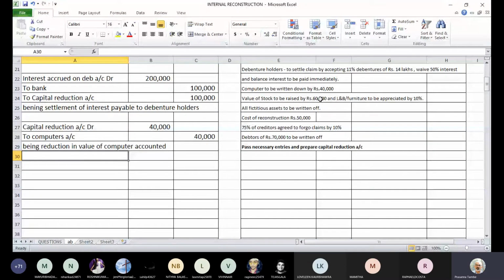Then value of stock to be raised by 60,000 and land and building and furniture to be appreciated by 10%. So there are some appreciations. Okay, so the entry will be